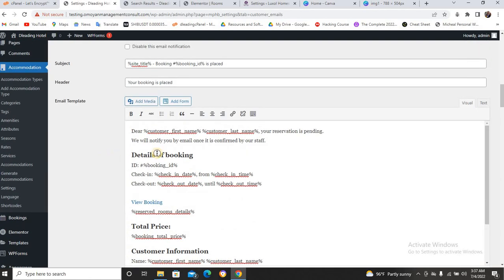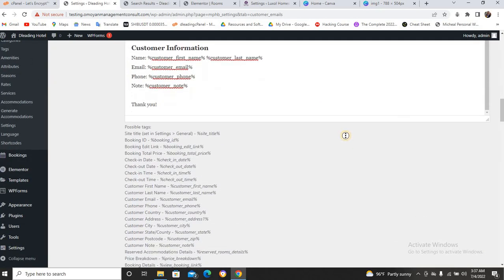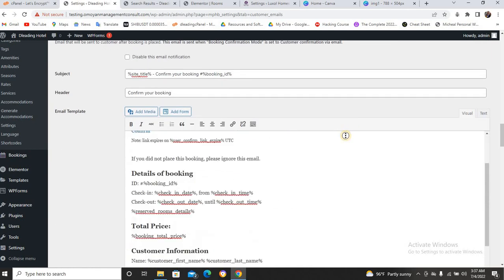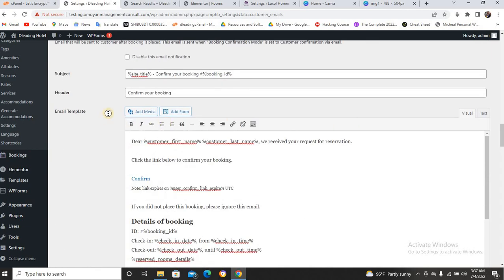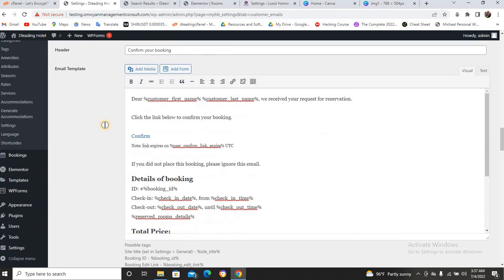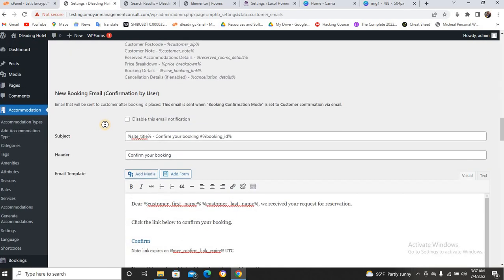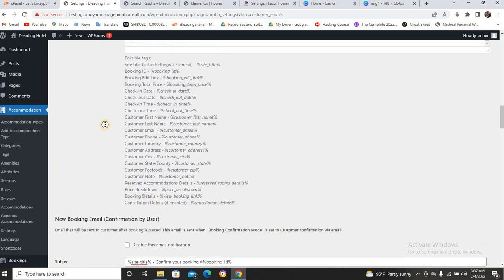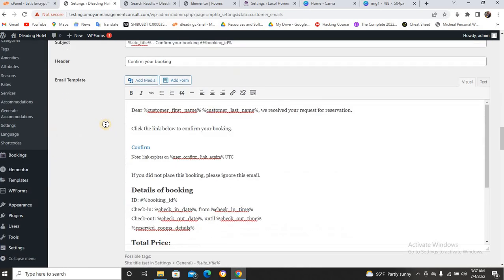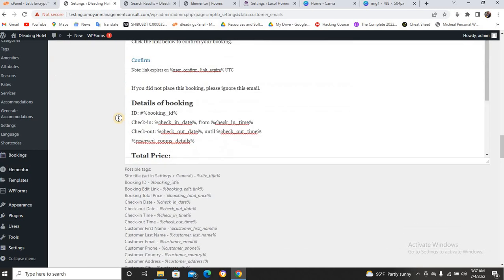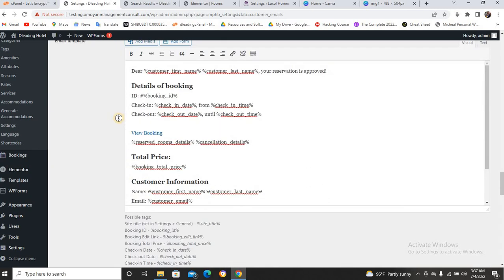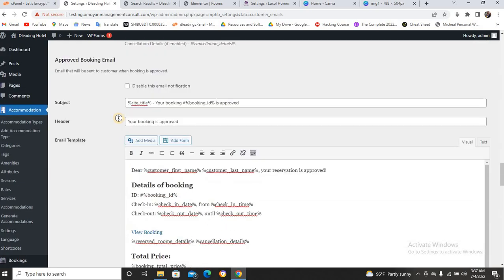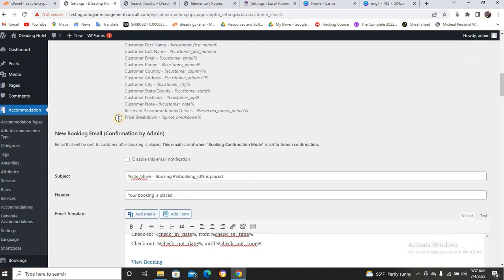So once you put the notification here and everything, once you set everything up, you click on save changes, and you also come to your other one. Maybe you want them to confirm after the admin has confirmed their mail or done the necessary, then they will receive this mail. But the admin must first confirm, and I will show you what it means. Don't worry, you'll see everything now. By now, I think we are done with this. The next one is